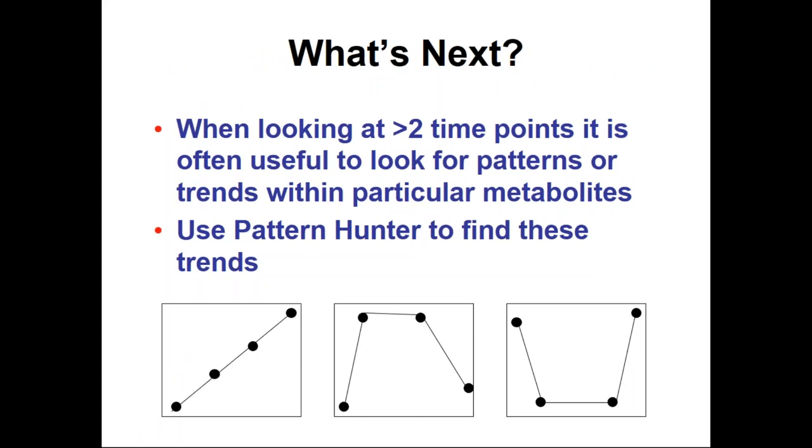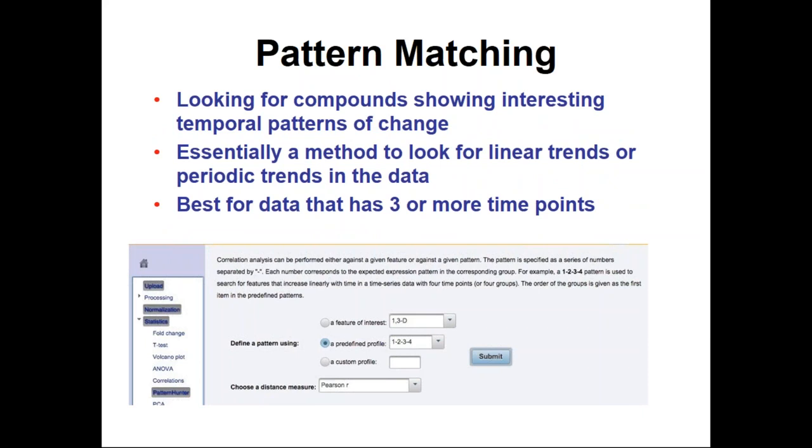If we're looking at 2-time points, we can actually start using a tool called Pattern Hunter, where we can look for trends, not just simply are things climbing, but we can also look to see if something went up, stayed level, and then dropped, or started high and dropped and then went back up again over these 4 time points. So you could look for other models, whether if it's 10 time points, so you're getting a sinusoidal variation or a diurnal variation or something like that. So this is another tool that's available in Metabolomics with Pattern Hunter.